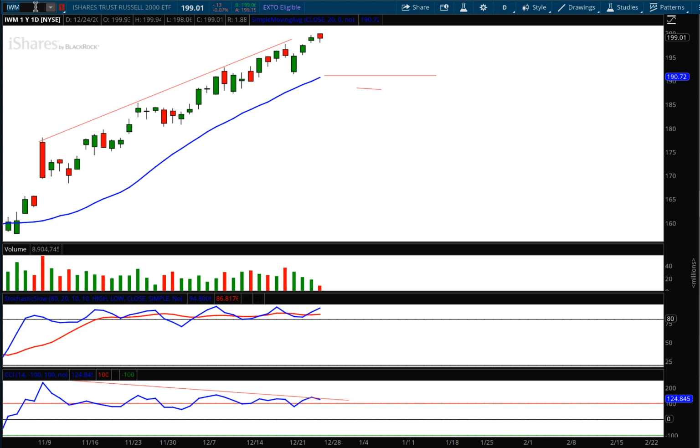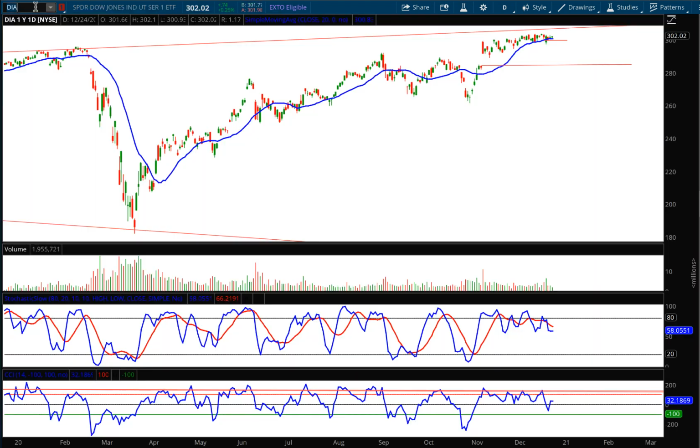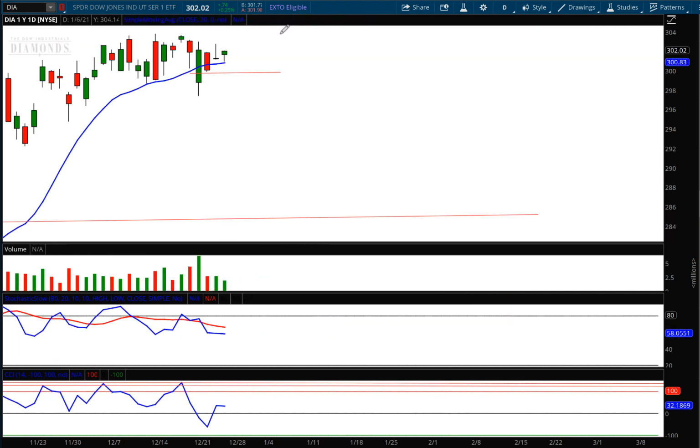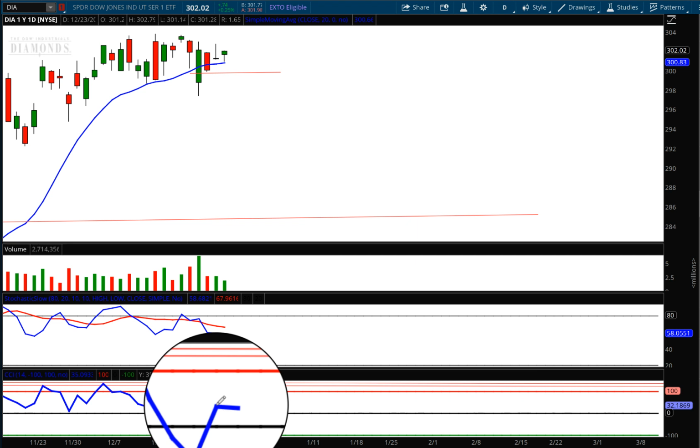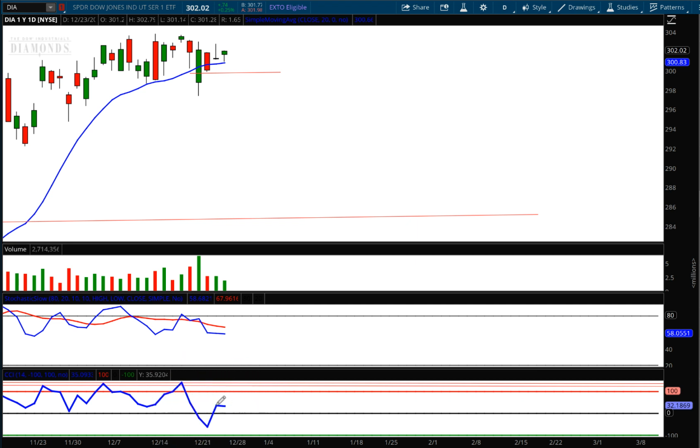Let's take a look at the Diamonds. Ticker symbol DIA. It's obviously the Dow Jones Industrial Average ETF. I did the same exact thing. I moved this horizontal line, which was at the moving average. And look, we flirted with that a little bit, but closed above it. And today, we just touched today's low. As I record this on Christmas Eve, the 24th, you can see that we bounced right off of that. But what's happening to the CCI? Very interesting. See that? We had a higher Dow close today, but the CCI is starting to close lower.